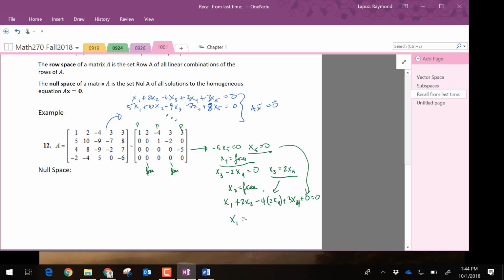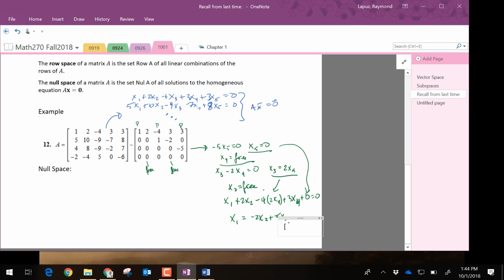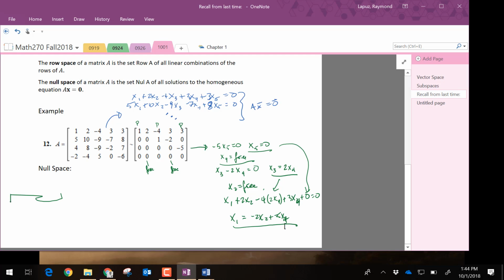So x1 is equal to, so I'll combine, and I'll bring everything to the other side. I have negative 2 x2, and then I have this negative 8 plus 3 is negative 5. Brought over to the other side becomes positive 5 x4. Okay, so if I were to write this, my x solutions for this null space,